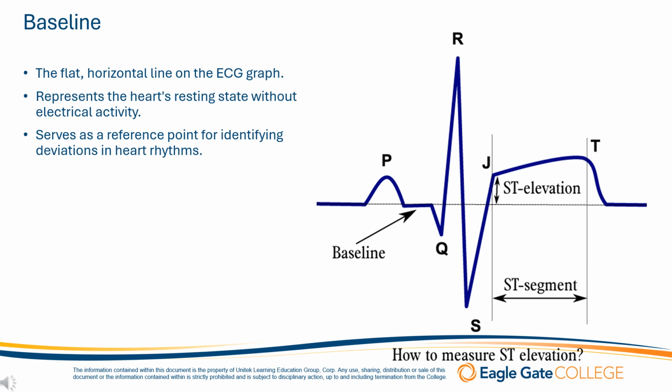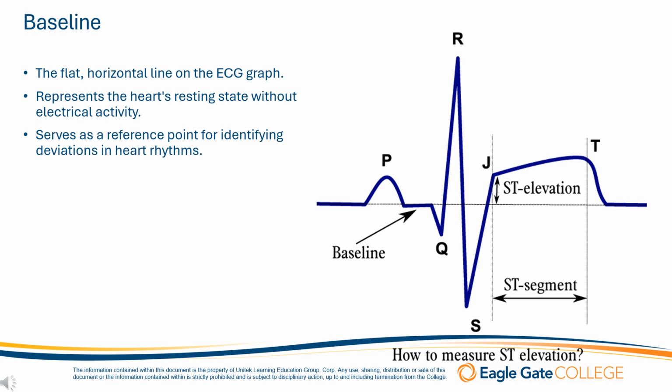The position of the waves relative to the baseline helps us to diagnose various cardiac conditions. For example, elevations or depressions in the ST segment relative to the baseline can indicate myocardial ischemia or infarction. Consistency in returning to the baseline after each wave ensures the accuracy of the ECG reading. It confirms that the ECG machine is functioning correctly and that the heart's electrical system is returning to its resting